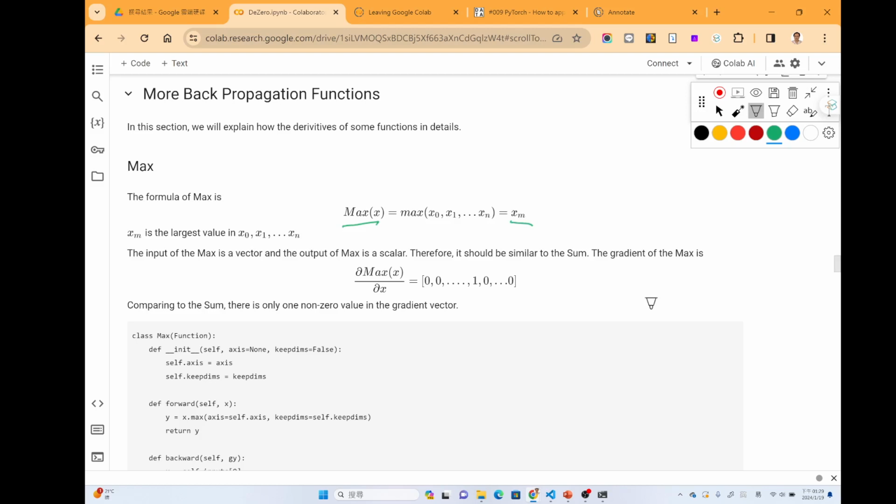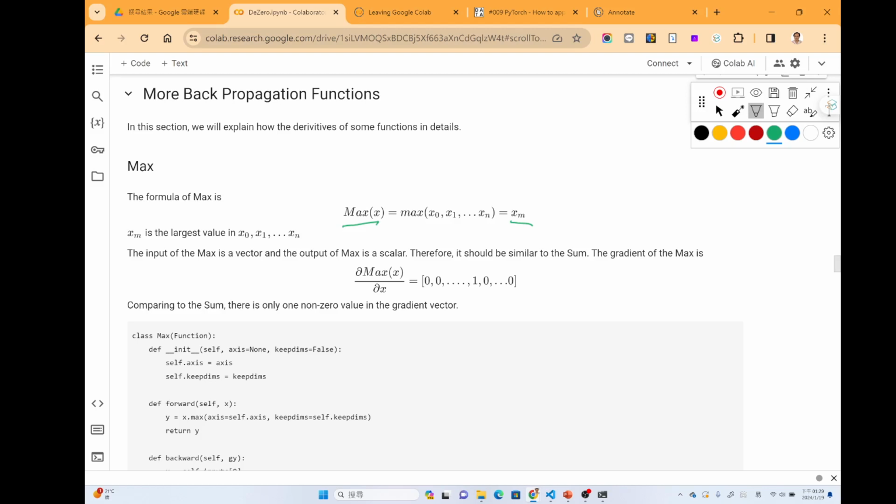Okay, so you may wonder if we can take a derivative of this function. The answer is yes, we can do that. We know that the argument here is x0 to xn, and we take the partial of max of x with respect to x.